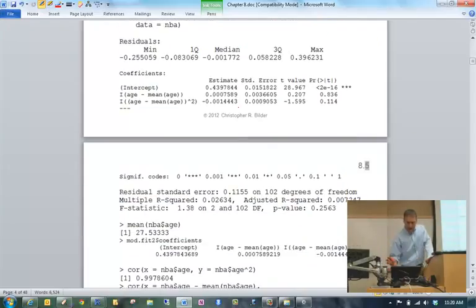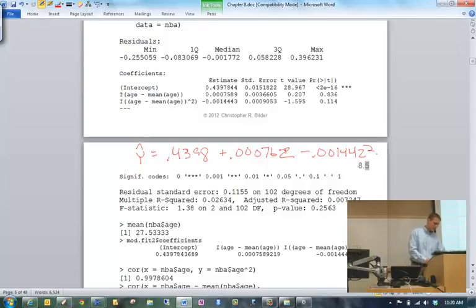So that now when I write out my estimated model, y hat is equal to 0.4398 plus 0.00076 times, let's say, z, minus 0.00144 times z squared.